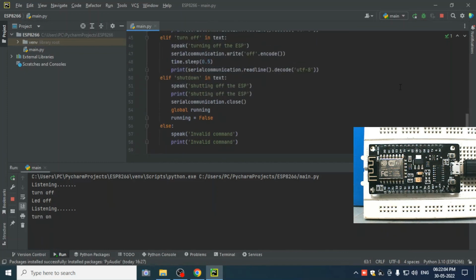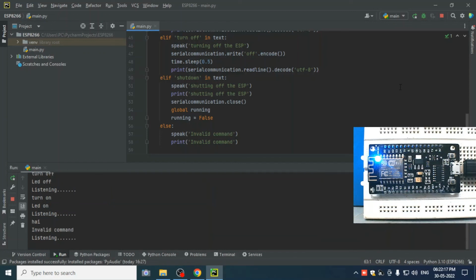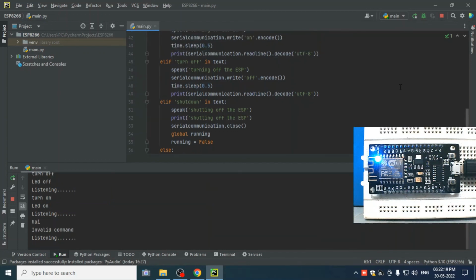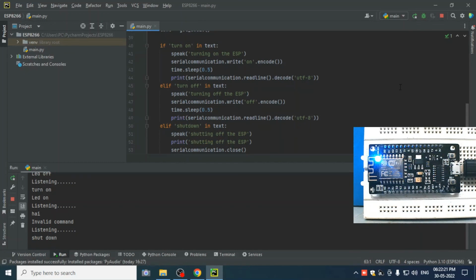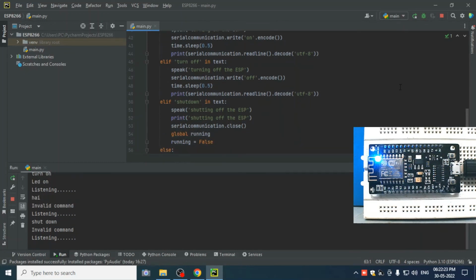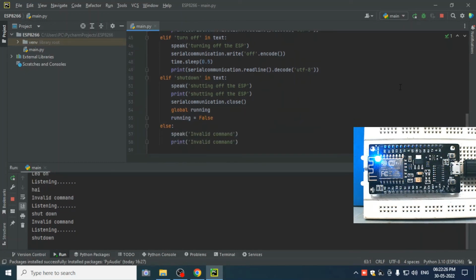Turning on the ESP. High. Invalid command. Shut down. Invalid command. Shut down. Shutting off the ESP. So here we could see the